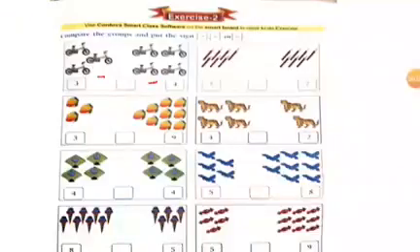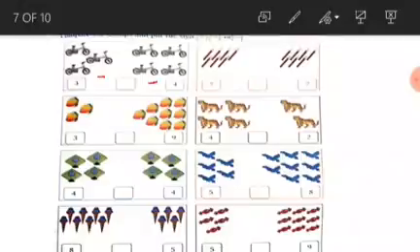We do exercise 2. Look here. Some pictures of bicycles are given here. On one side, 3 bicycles are given, and on the other side, 4 bicycles are given. Now can you tell me which one is greater? Yes, 4 is greater than 3. So we put the sign like this. Now put the sign like this in your box.